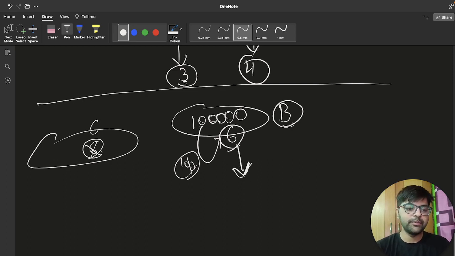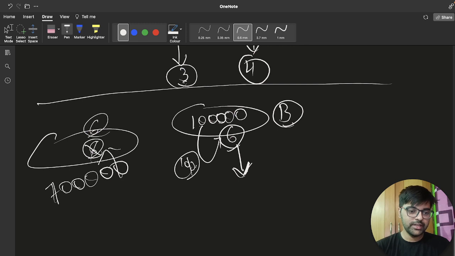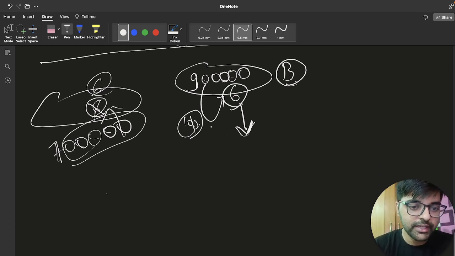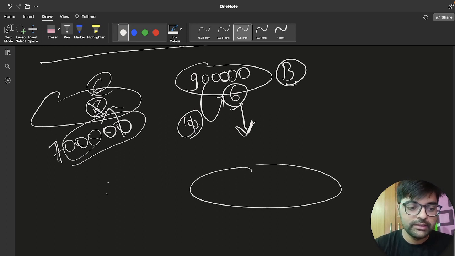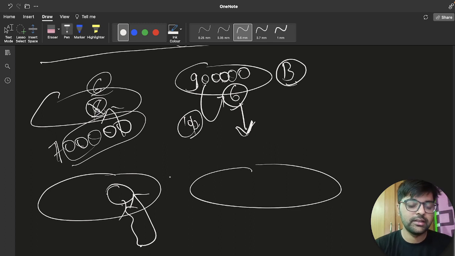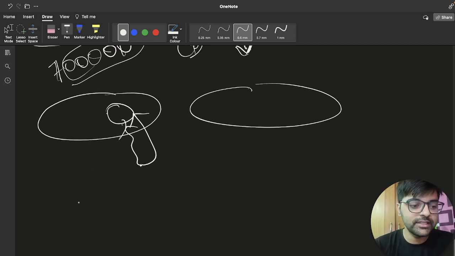Or 6 might be present, or let's say there will be another 6-digit number that will be here smaller than this. Let's say this was 9. So we don't know exactly which one this will match, so we will put this again in array B. Now I will take the maximum again. Let's say I am taking the maximum from here, applying one operation and putting it again here. So after some operations, I would like to explain with an example.